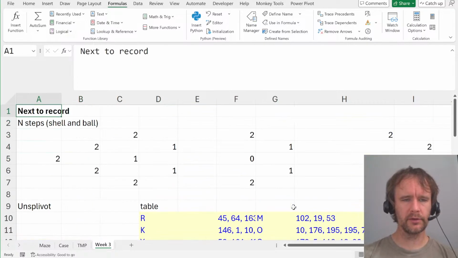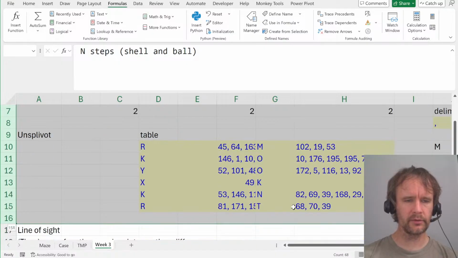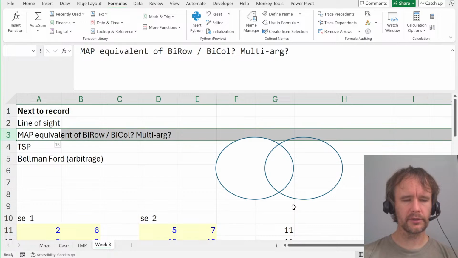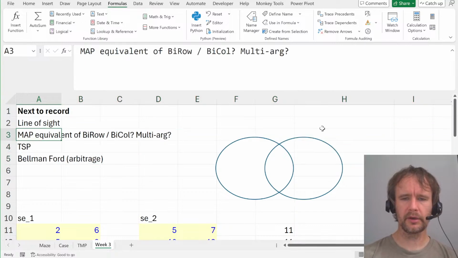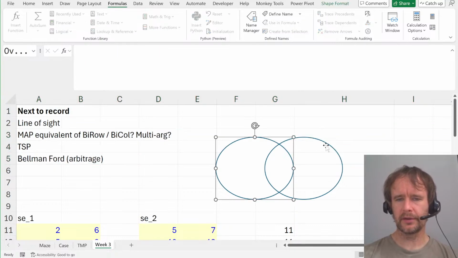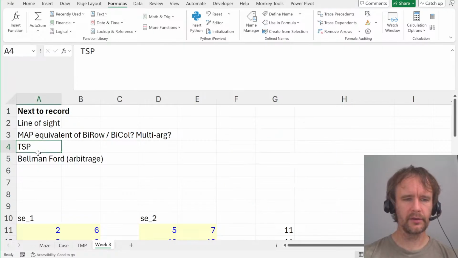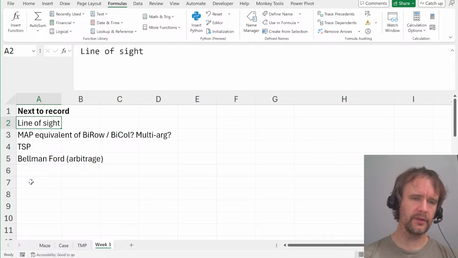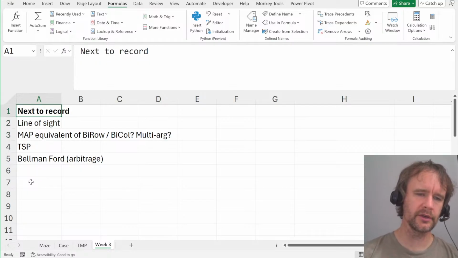So let's see. What do we got to look forward to next week? Done those. Line of sight is kind of simple. Done that. This one is a good one. These ones are a little bit complicated. I don't know. We'll see what we get to. I feel like I keep dangling the kind of big complicated algorithms that might be fun, and then doing quite quotidian stuff instead. But anyway,